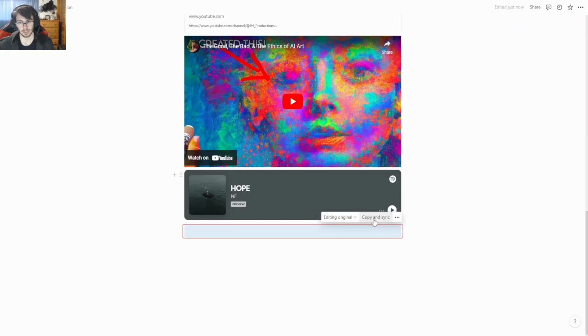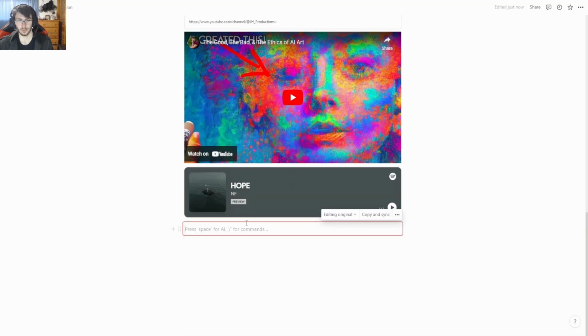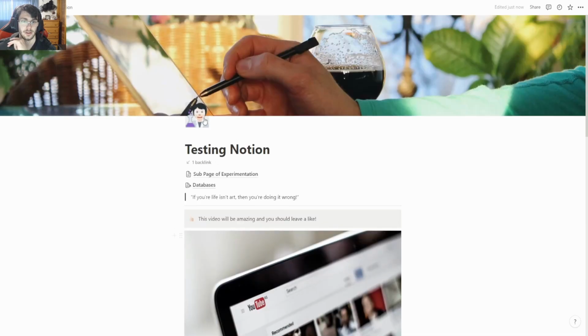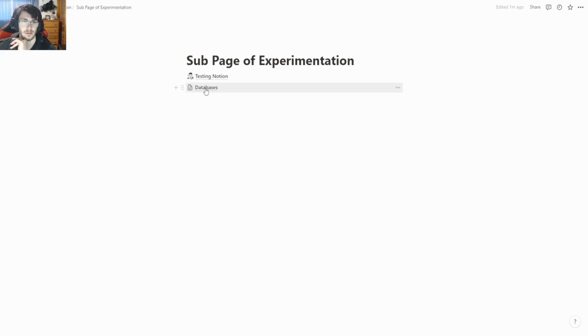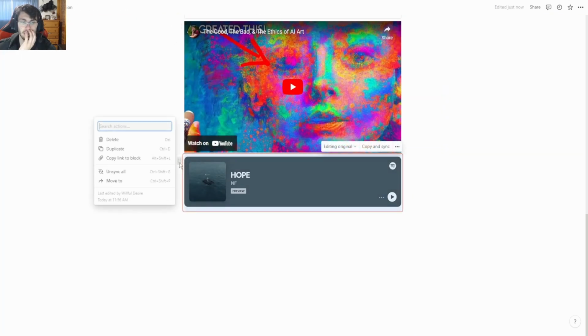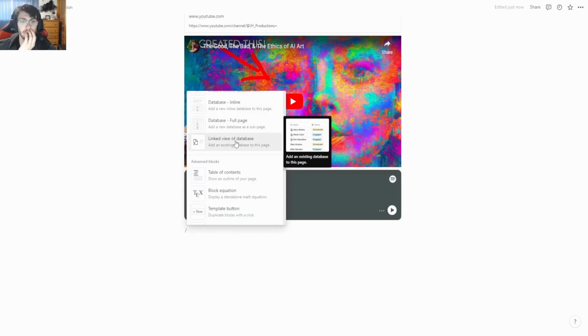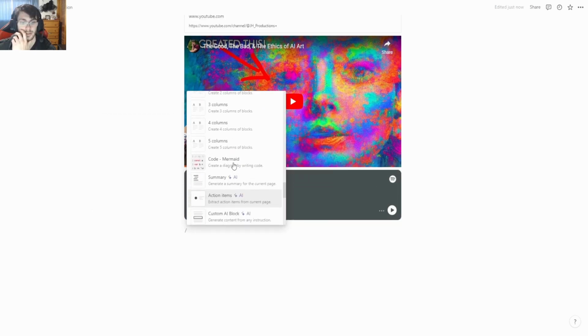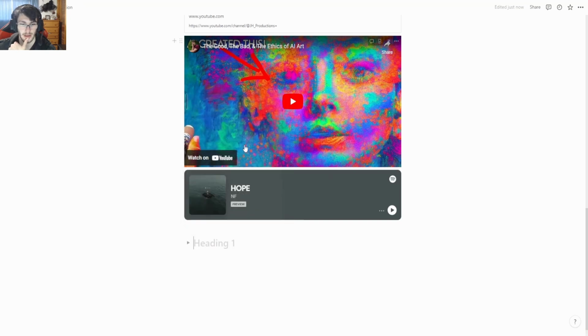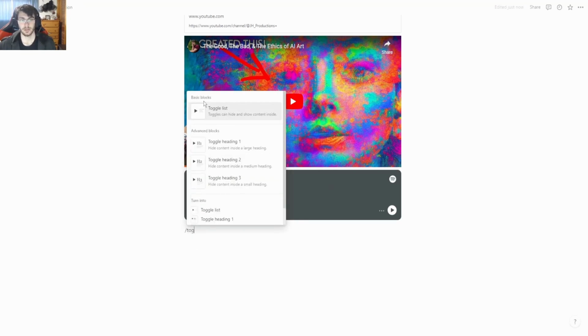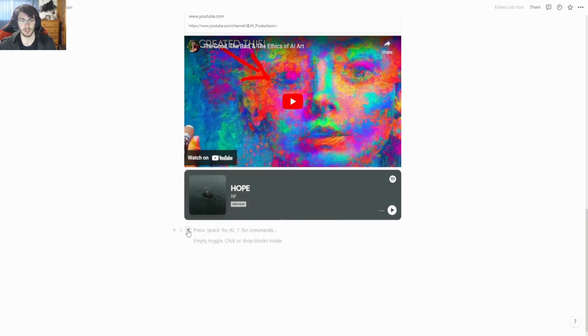Copy and sync. Sync content. Do I have to drag this in here? Oh, okay. So now if I go to subpage, no, these are subpages, right? And it's saying, I think that's the thing, is we'd have to make a new page in order for it to work. Toggle heading. If you just do toggle for toggle list, I think this is a very useful thing